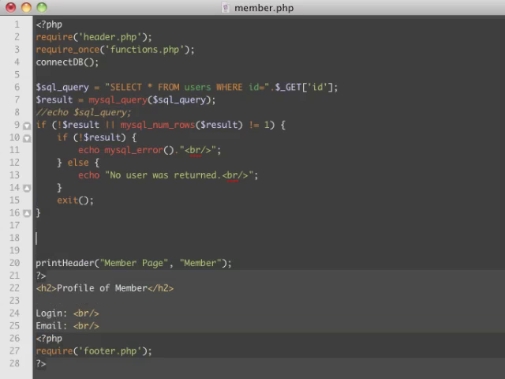And then if it did work, we could go: member equals SQL fetch associative, if I spell it right, of the result. And now down here, instead of putting member page, we'll just go ahead and put in there login is the subtitle,